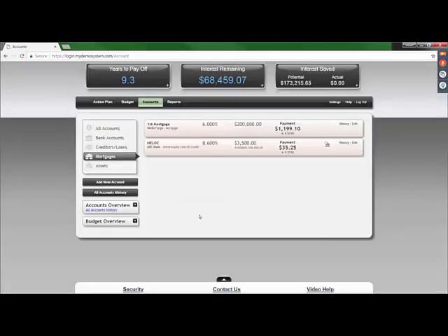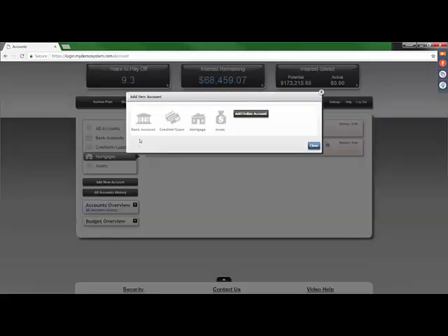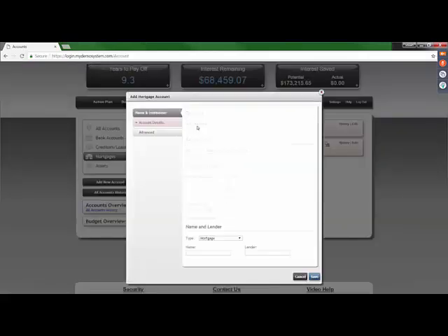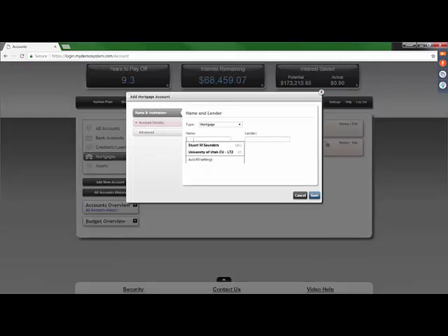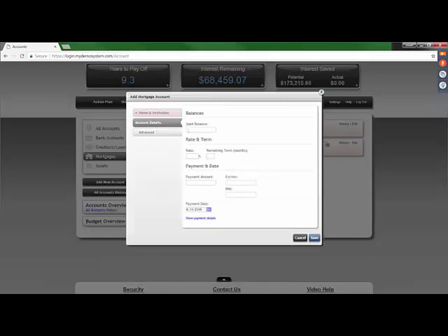And I just realized something. I was in a bank account, not in mortgages. So mortgages, there we go, add new account. There we go. That would have helped me a lot. We're going to put rental. And we're going to go to account details, and we're going to say 200,000, and we're going to say 6%, and we're going to say 360 months, and payment amount is